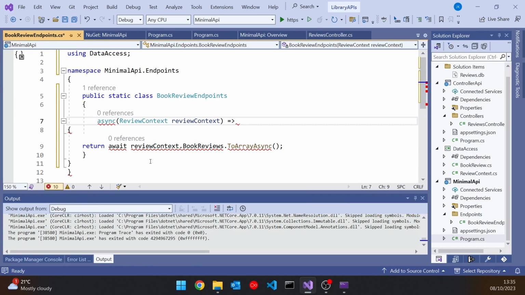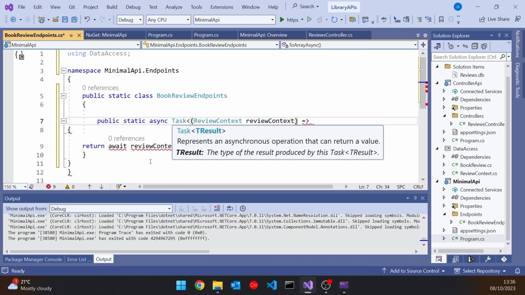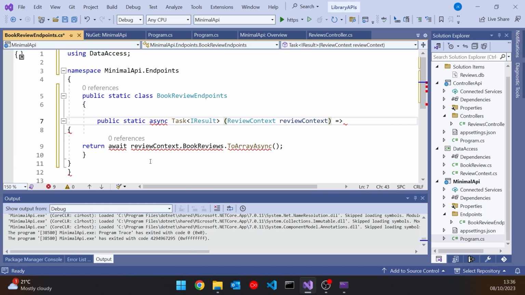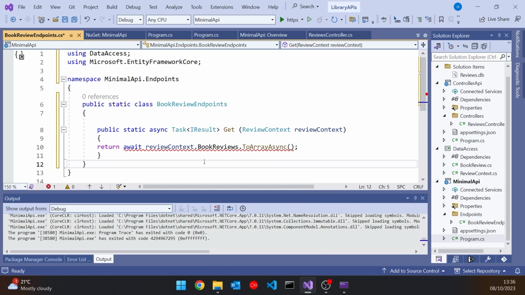We're going to make this a public static async. We're going to have to give this a return type now, so that's going to be our Task<IResult>, so it can't infer it at all anymore. And we're going to have to give it a name, and we'll call it Get, and then it's not a lambda anymore, so we'll get rid of that, do a bit of tidying up, just get hold of that extension method there, and wrap it in the Ok.